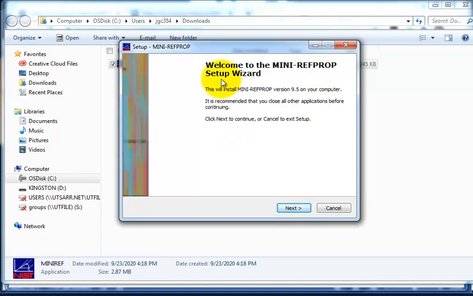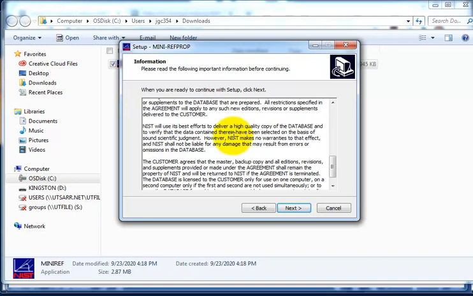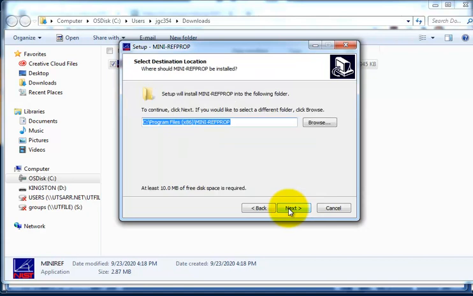Welcome to the Mini REFPROP setup wizard. Do you want to install this? Say sure. There are a number of things you can take a look at. It's put out by the National Institute of Standards and Technology in Maryland, but I believe the people who support this are in Colorado. We'll just click next. It suggests putting it in a folder, and that folder is mini-refprop, and I'm going to remember that name. I usually just take the default, say yes, okay,